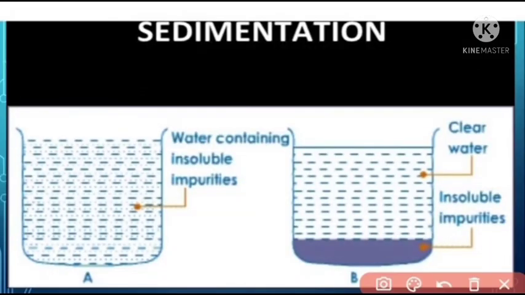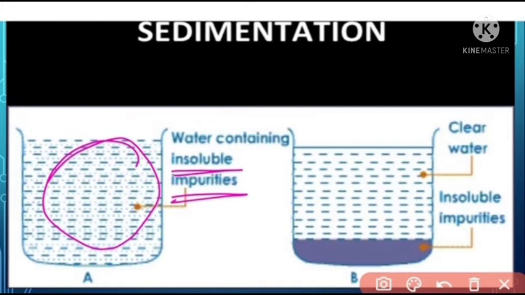This is the plant for sedimentation. Water contains insoluble impurities dispersed in it. When the sedimentation process is applied, all the insoluble impurities with high density settle near the bottom of the water plant. Now we get clear water. The sedimentation process is used for this purpose in our domestic and industrial applications.